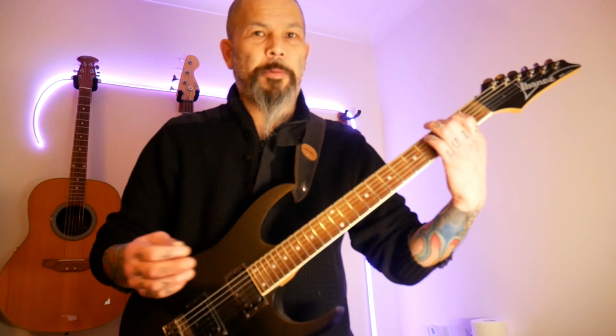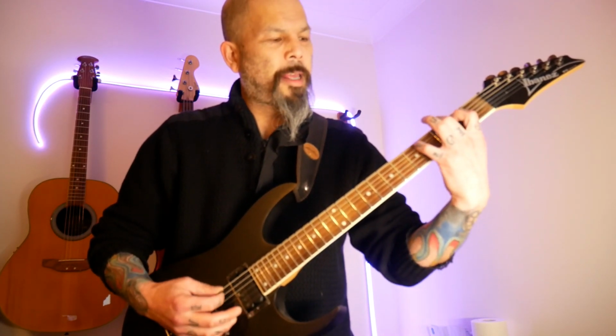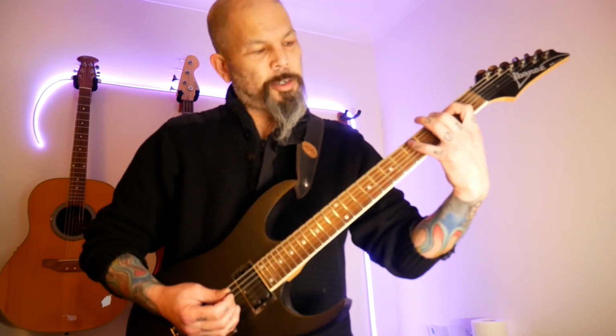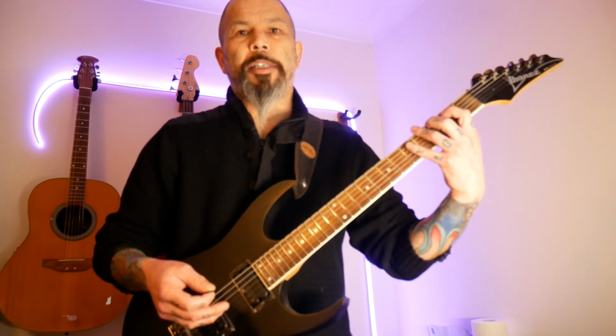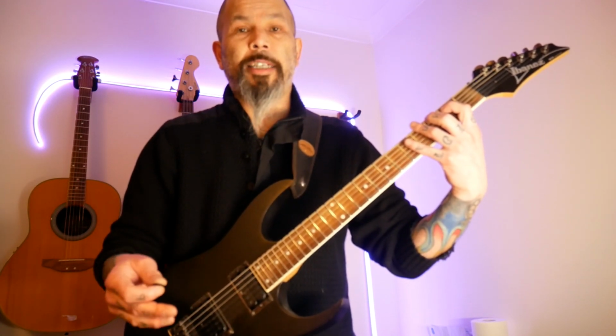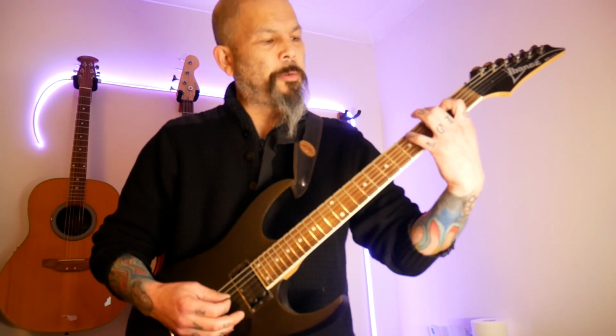And I've only really noticed it when I've watched myself back playing it, that whilst I'm playing that bit, my little pinky finger is edging its way up there to get ready for playing the next part. So it's like it's trying to get itself into the right place to make it easier for me. Now, part of that is my experience and knowing how to approach these things, but I wanted to point it out because it's a really good method, a good technique to get used to, because I've got that really easy G shape, so I can be thinking about what I'm going to do next with that